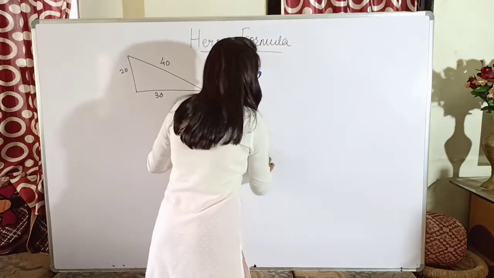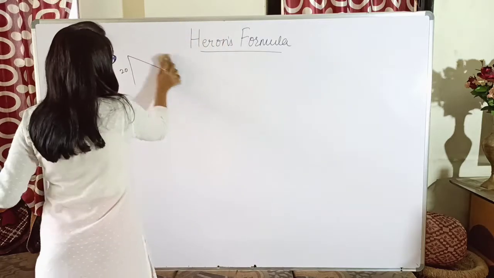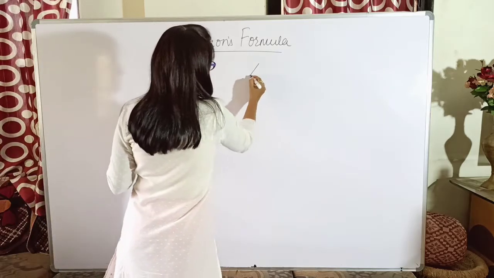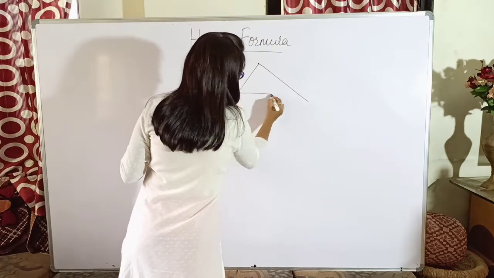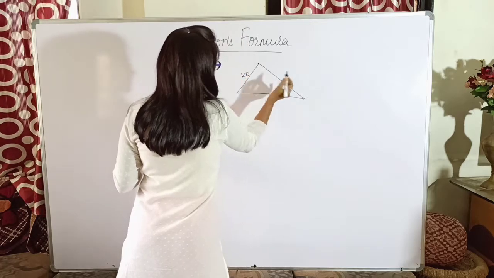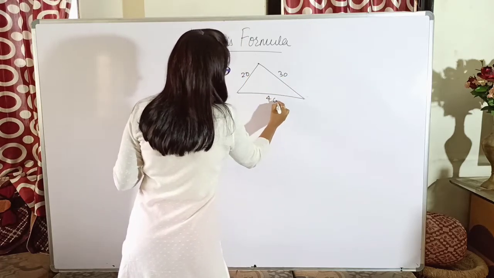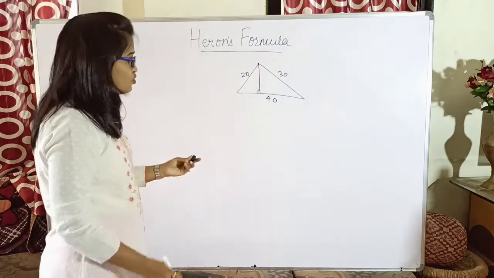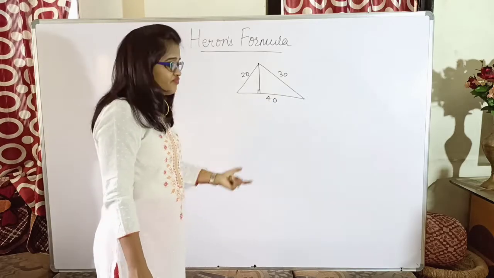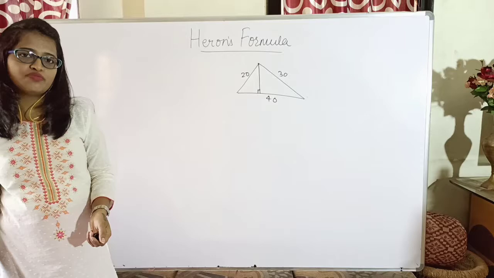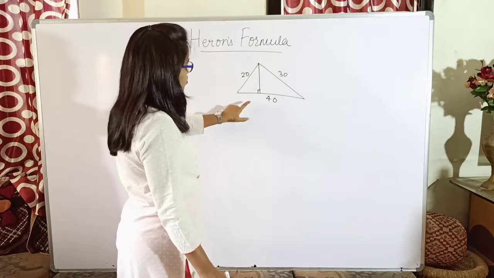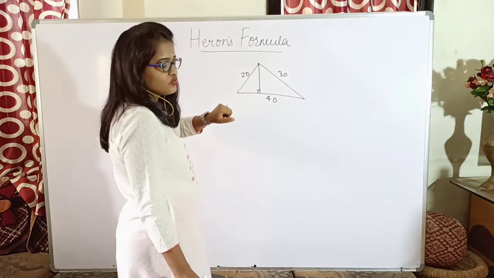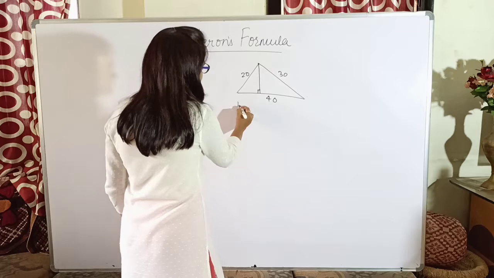Is it? For example, suppose I draw the figure like this. So this is suppose 20 and this is say 30 and this is say 40. Now if I draw a perpendicular inside the triangle, I don't know whether it is bisecting the base. From the figure itself you can tell that it is not actually bisecting the base. So I don't know what the base segments are, and hence I cannot find the height by making use of Pythagoras theorem.